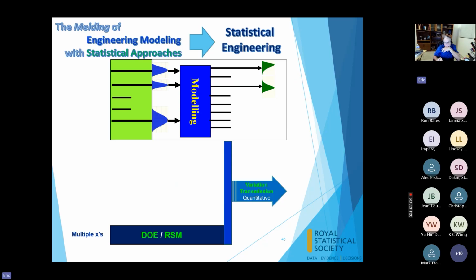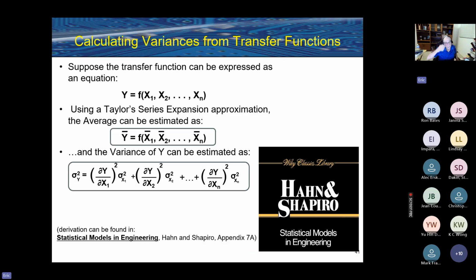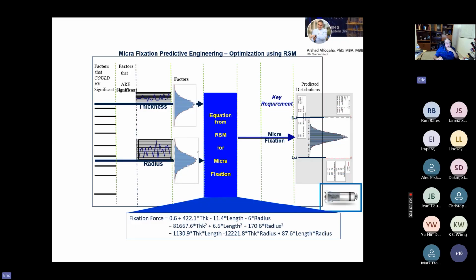But combining DOE RSM with variance transmission, or these other terms. And as I mentioned, this book is a classic, Statistical Models in Engineering. How appropriate a title for something involved in statistical engineering. So if you have a transfer function,